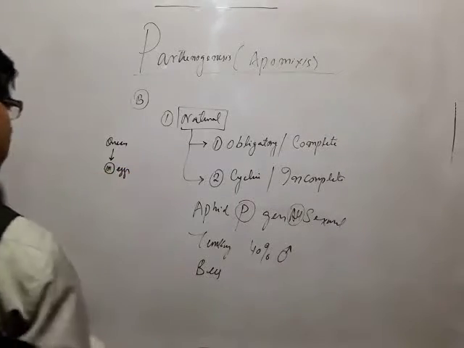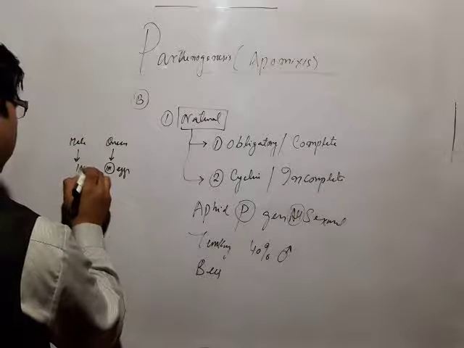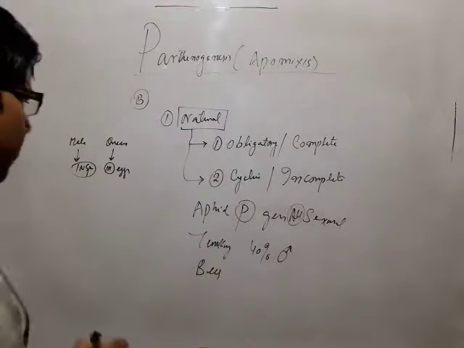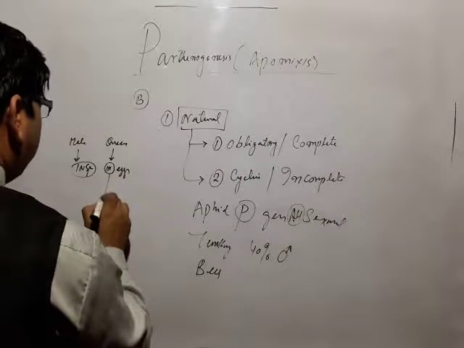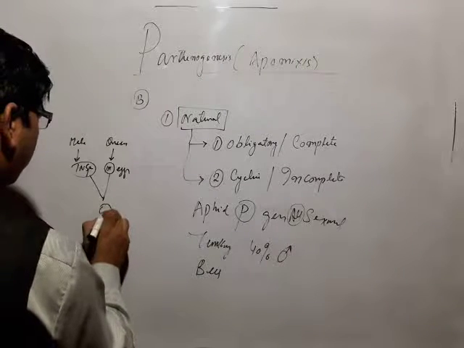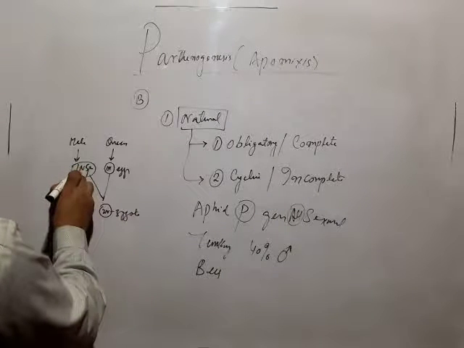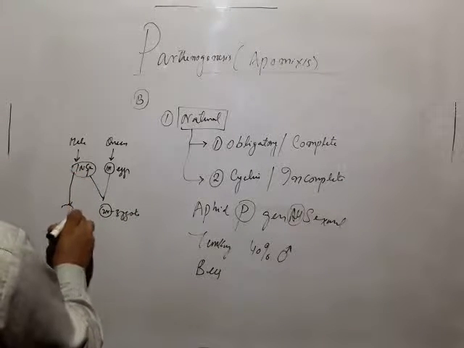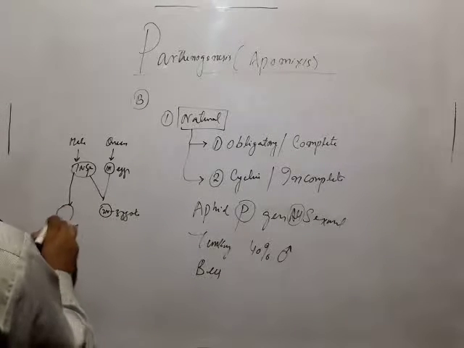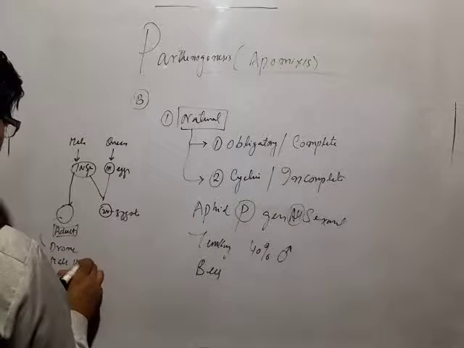Definitely one an egg. And male, which is haploid, it also gives one in sperm, like this. Now some eggs go on to get fertilized. They form a 2n zygote. So this is a 2n zygote, and some male gametes go on to form individuals directly. So this is an adult. Now this adult is a drone or male honeybee. This is a male honeybee.